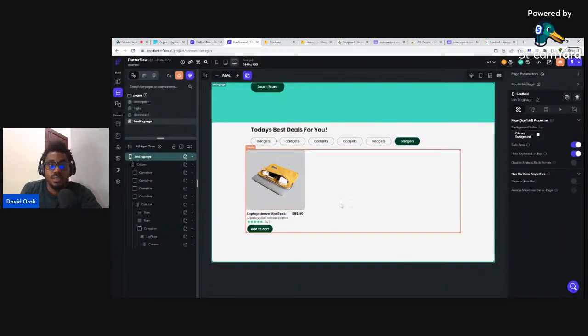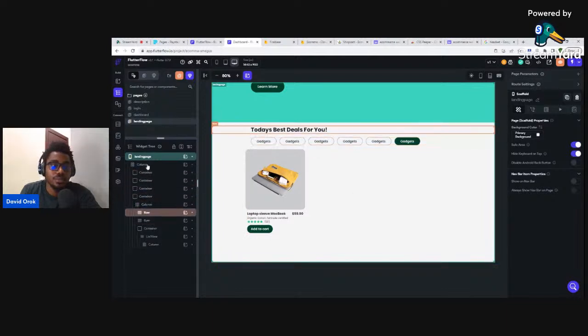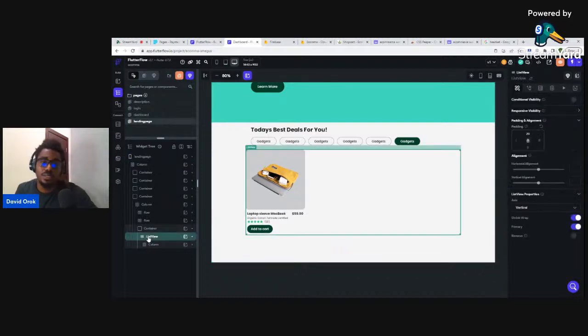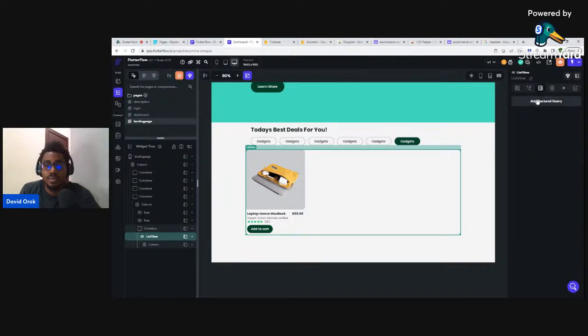With these we can now go ahead and query our list view and do things we need to do with the list view. So let's begin getting things from the database. How do we do this? So you have to click on the list view, which the card element is inside, and you need to come here to this part of CloudPad, the backend query, and then click